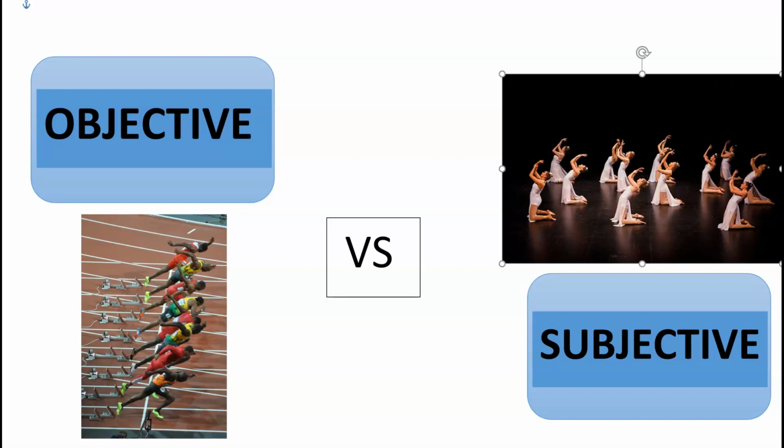Someone that's never watched a dance before might just base the performance on what it looks like and the kind of music that the dancers might be using, and it is based on their feelings. One person might love a dance, say a contemporary dance, and one person will not like that type of dance at all. When we look at subjective sports such as dance and gymnastics, although they do follow a criteria, most